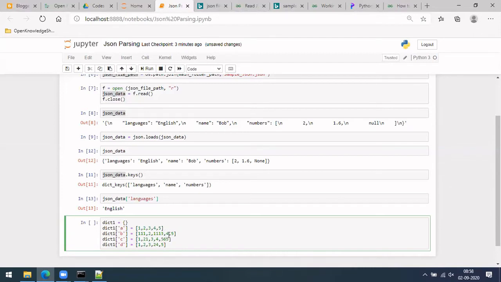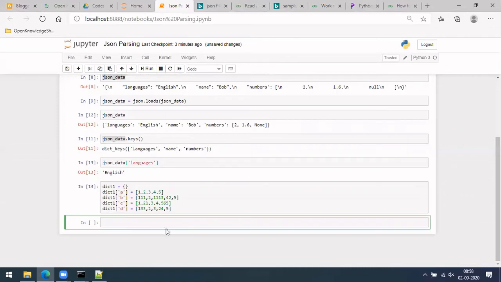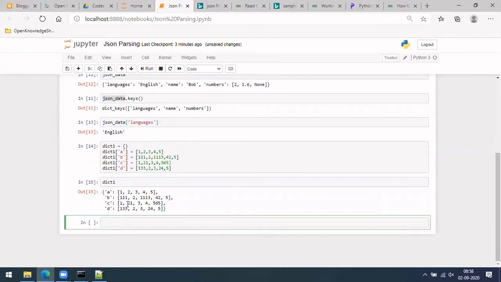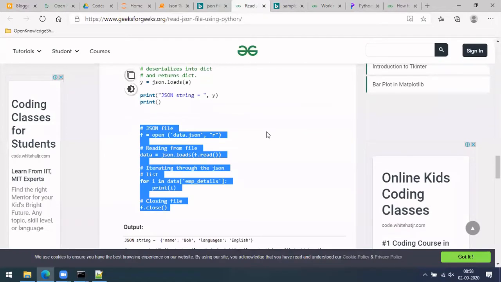So some four lists, and then your dict will be like this. If you want to store it in a JSON, let me first convert it into JSON data. Now let me go here and check.